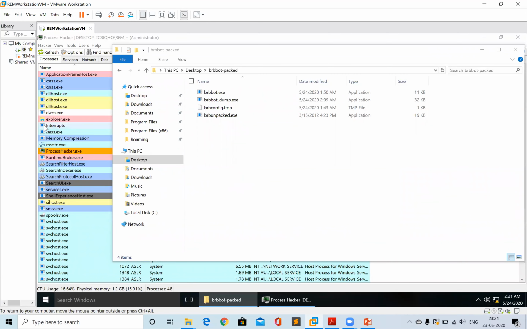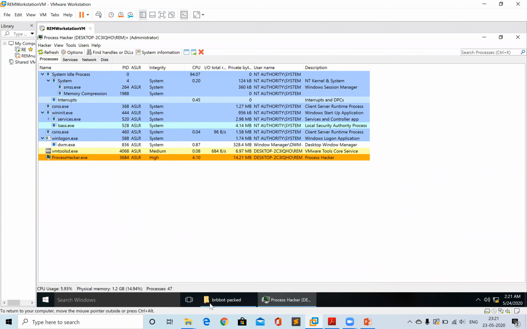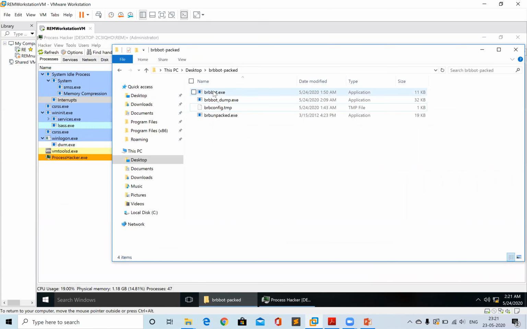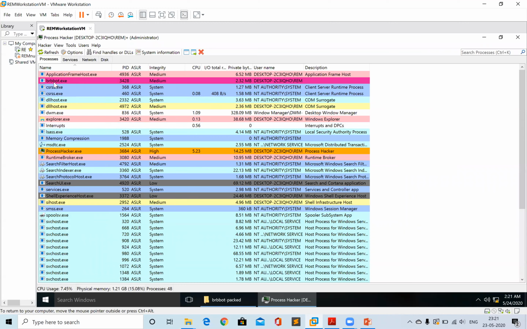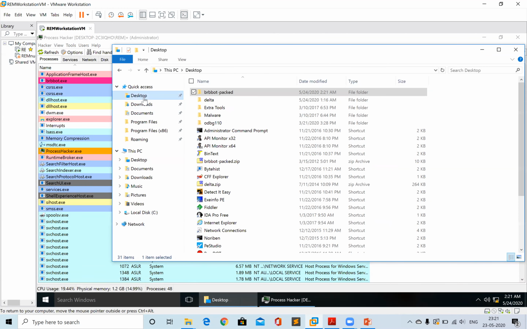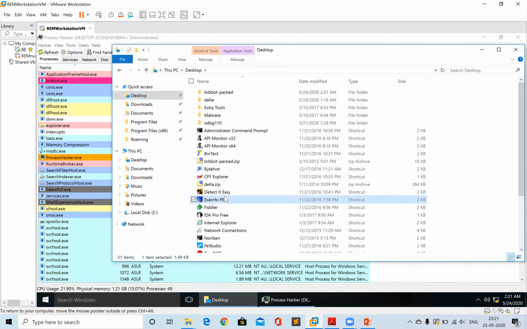Let's see that brbot.exe is not running. So we will quickly run the packed malware, and confirm that it is running as seen in Process Hacker. brbot.exe is running, and then we will go to the desktop and quickly execute